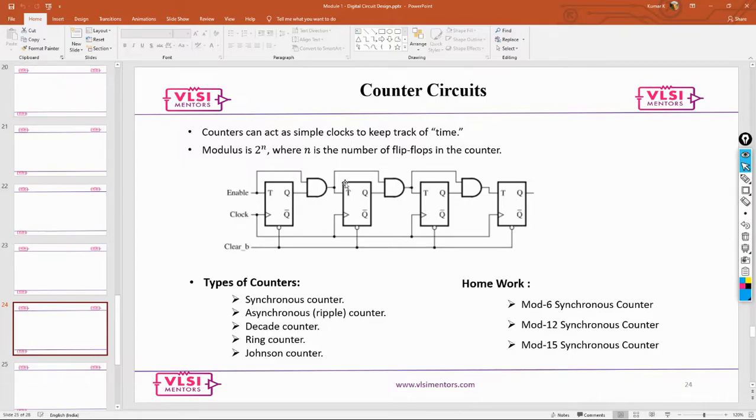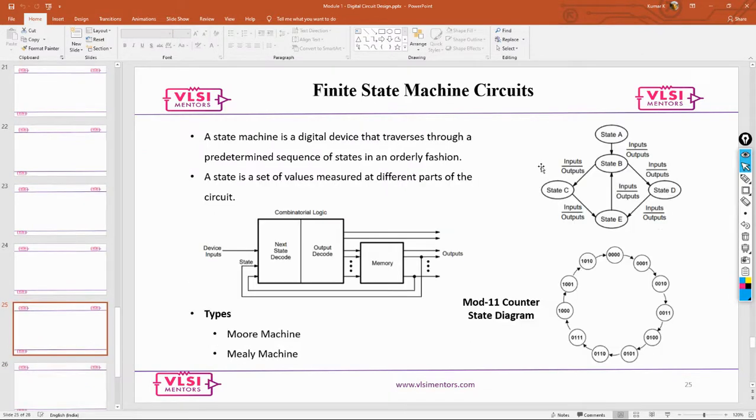Moving on, we have also talked about counters. We also implemented a counter last week. This FSM we will just quickly go over, but I will not be spending too much time,